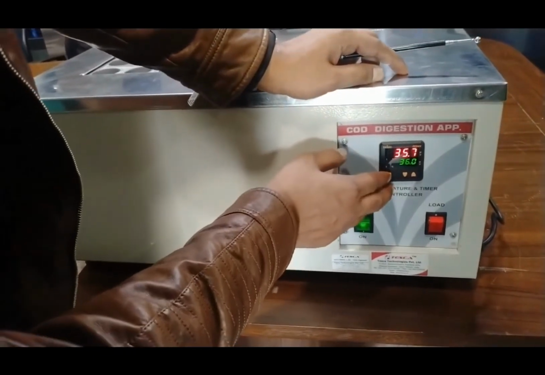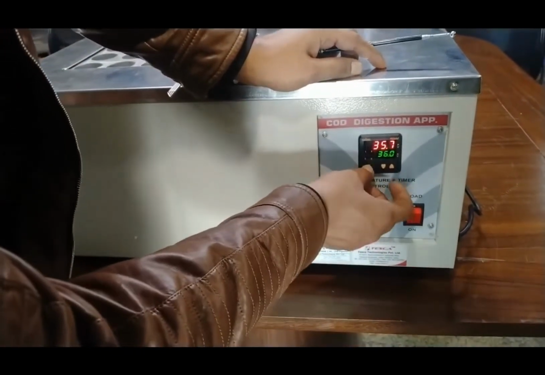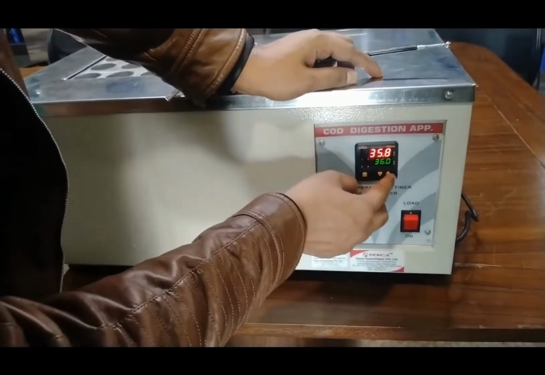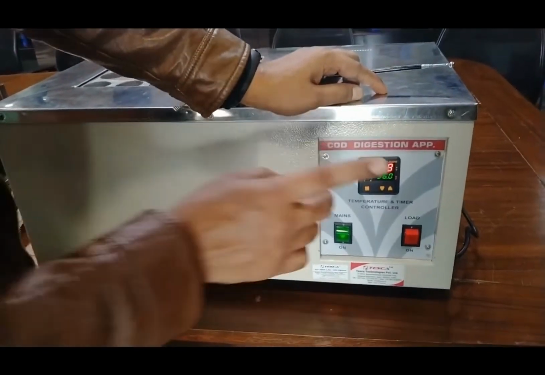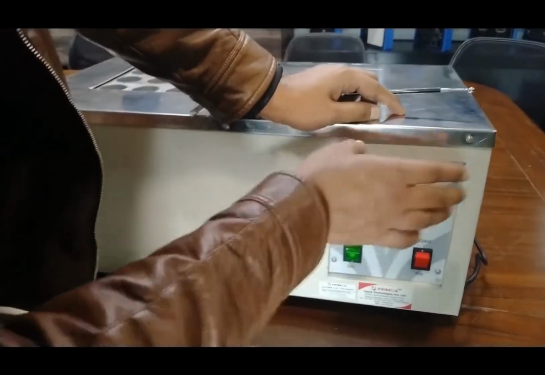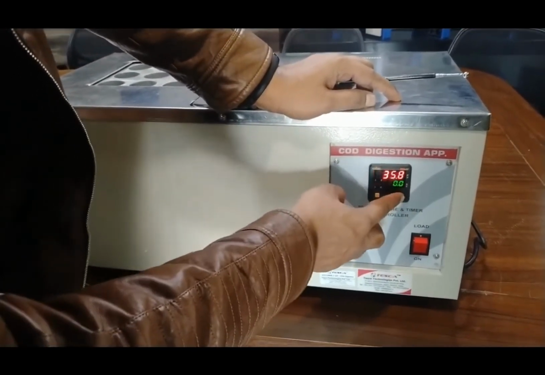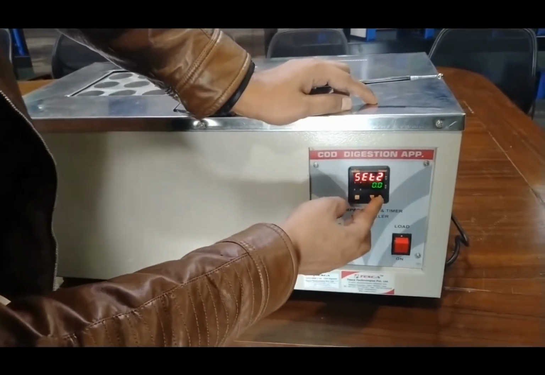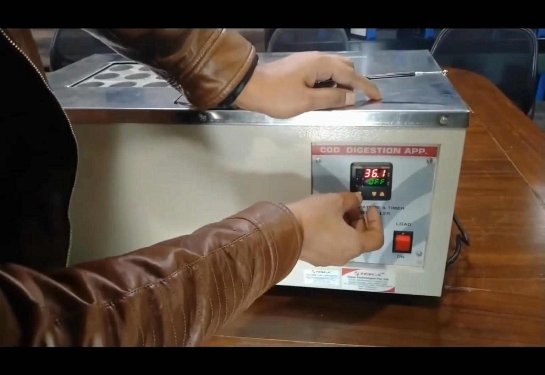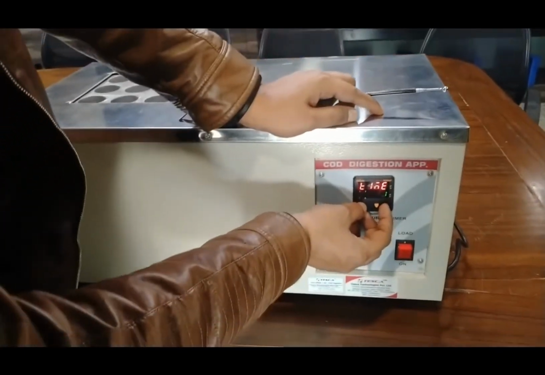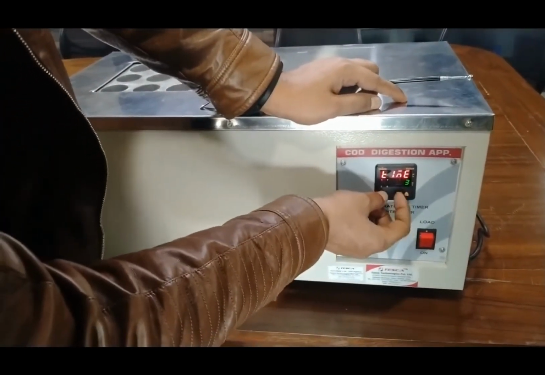You can also set the time. By pressing this set button, you can change the time. You can operate this PID controller using the timer also. For the timer, you have to press this up key, and along with this up key, press this other key, and now we can set the time.